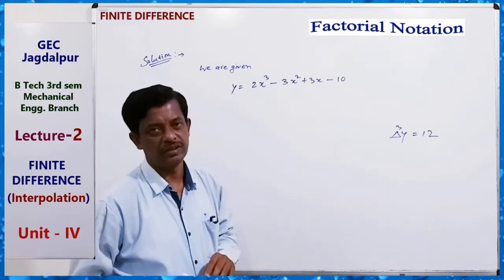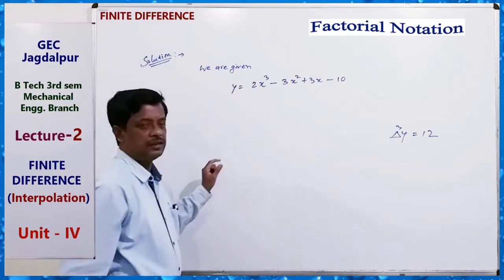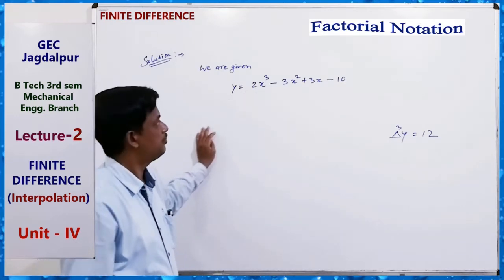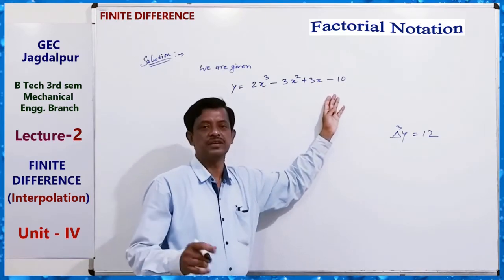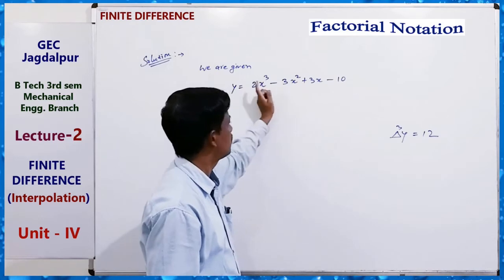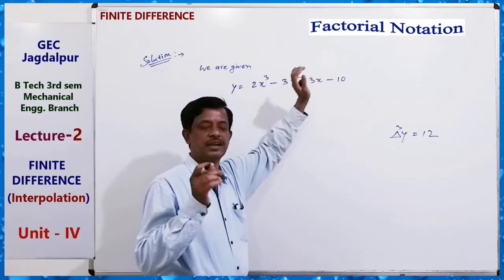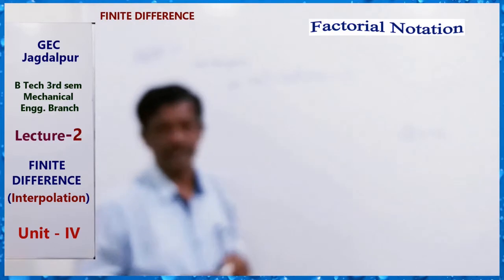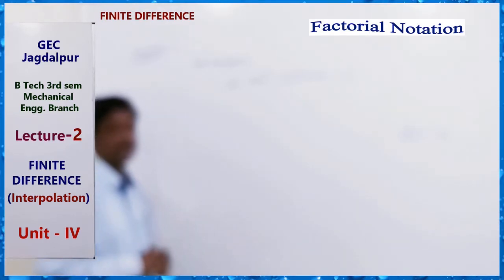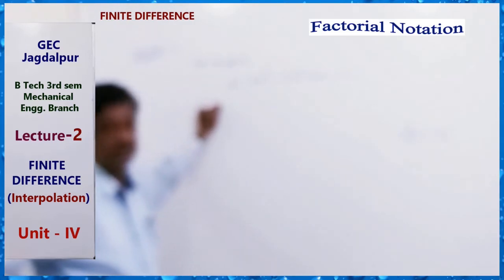If some terms are missing, for example x power 1, 2, 3, if one was missing, then we use the first method, which is a very important method. Since every polynomial of nth degree can be expressed as a factorial polynomial,